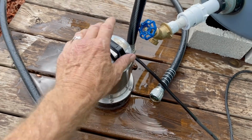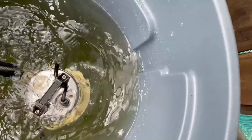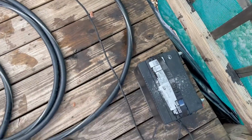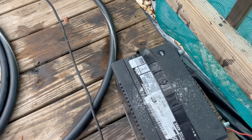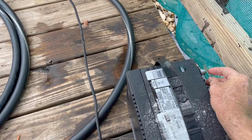Let's put this down into the rain barrel. Sink it down to the bottom. And let's go ahead, hook up the wire. Of course, we would put a switch on this and all those things, but this is just for demonstration. As soon as I kick this on,